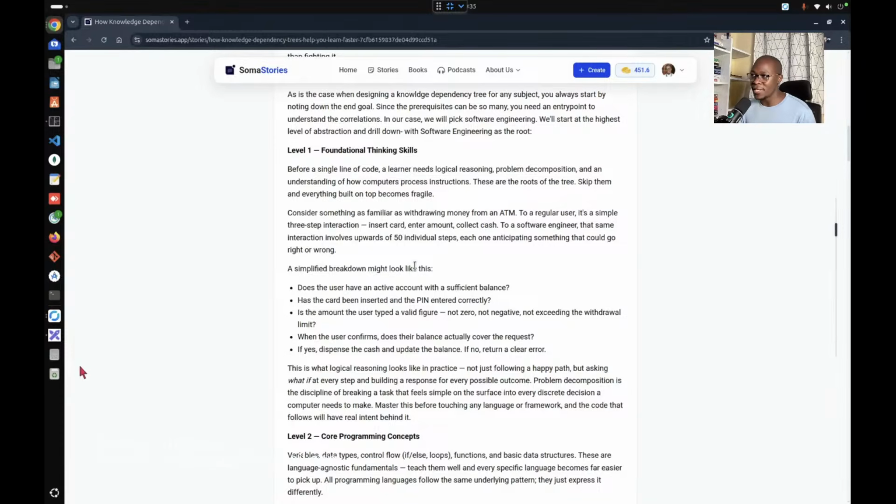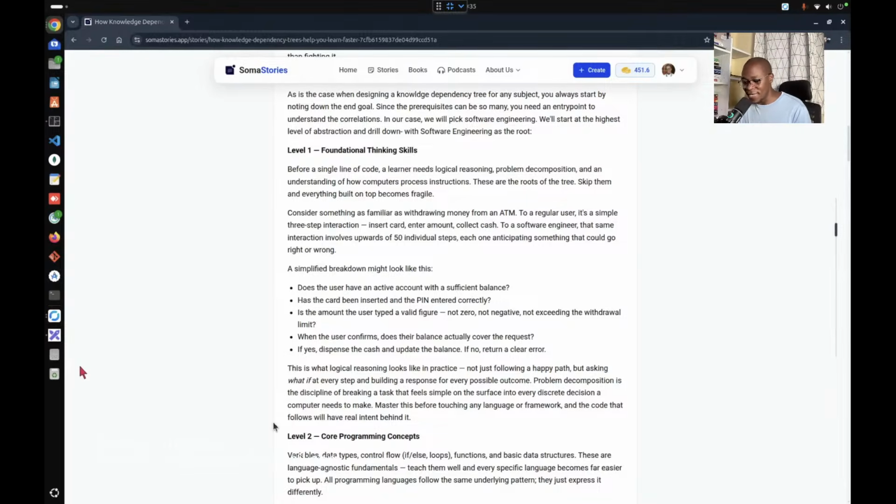But to a software engineer, that involves a lot of steps. For example, does the user have an active account? Does the active account have enough balance? Has the card been inserted and the PIN entered correctly? Because if you insert your card halfway and don't enter your PIN, of course, it's not going to work. And then, is the amount the user has typed a valid figure?